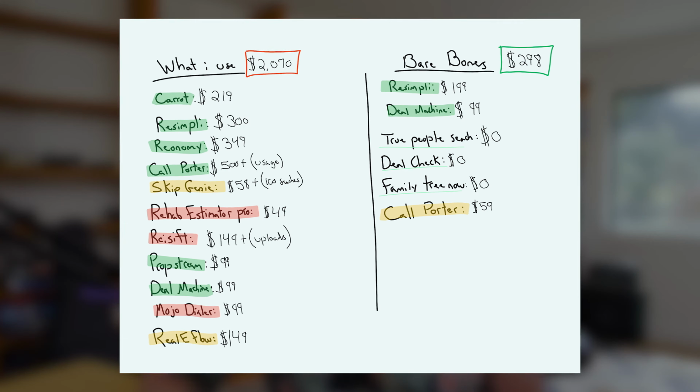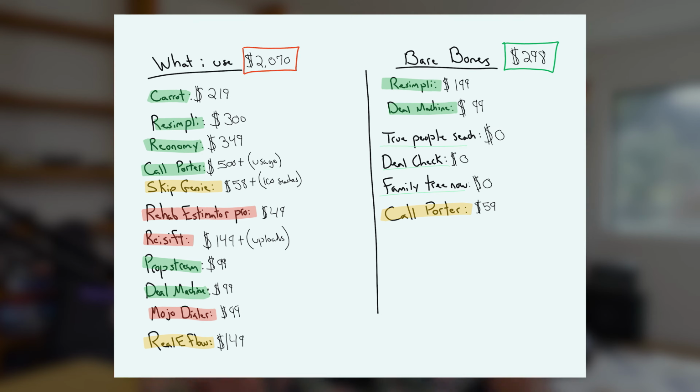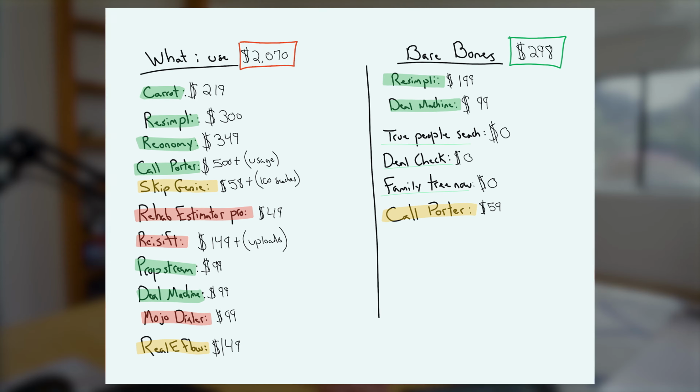So one of the important things about doing good bookkeeping is being able to look in your P&L and audit, like, what subscriptions am I actually paying for? Where are my dollars and cents going? So I got my iPad out and jotted down and kind of color coded what all the tools are that I'm using, which ones I'm going to keep using, which ones I'm going to cancel, and which ones you may or may not use. We'll throw this up on the screen so you can see what I'm talking about as